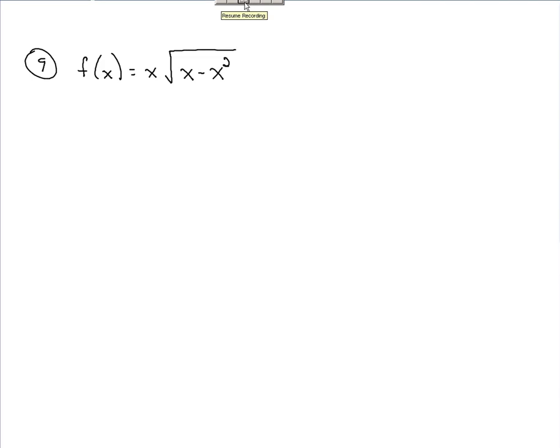Okay, so we're taking the derivative first because we need to find critical numbers. Those critical numbers assist in helping us set up our chart, figure out where the function is going to increase, going to decrease, where there's going to be any relative maxes or mins. So taking this derivative,